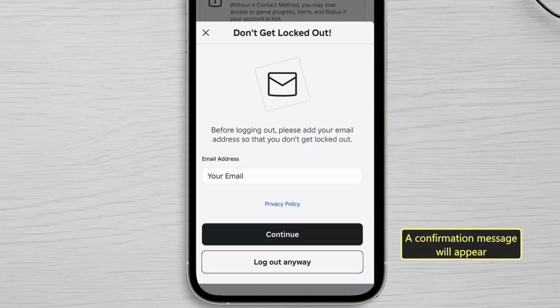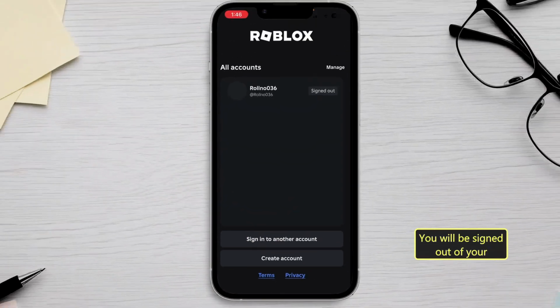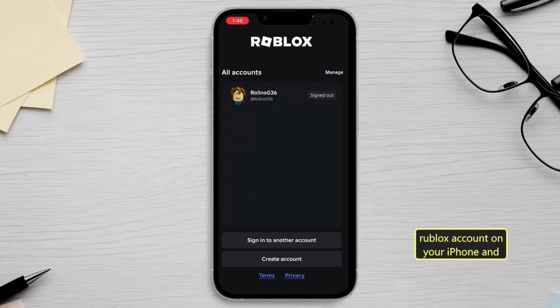A confirmation message will appear on your screen. Tap Logout anyway again to confirm. You will be signed out of your Roblox account on your iPhone, and that's how you can log out of